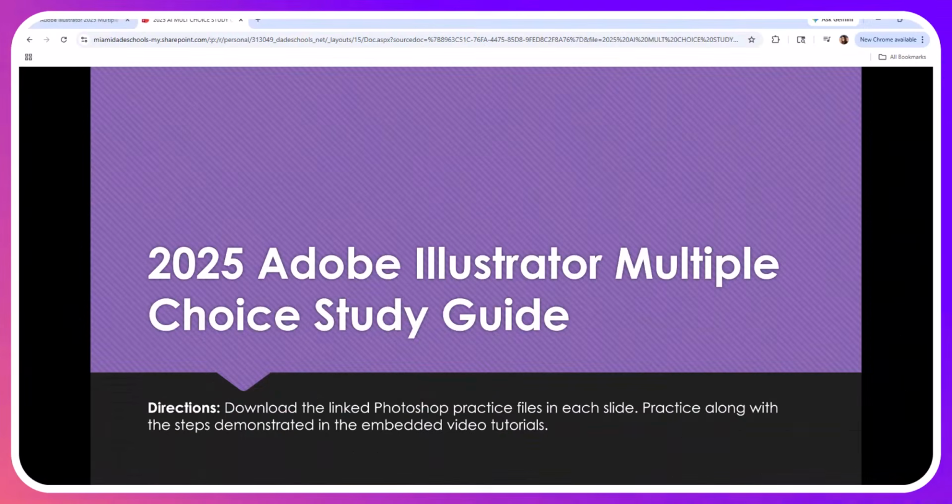Welcome back, designers. In today's tutorial, I will be reviewing the multiple choice section of the Adobe Illustrator 2025 certification